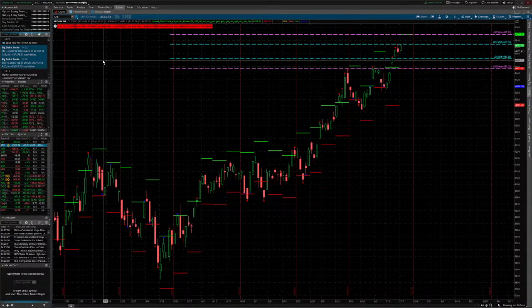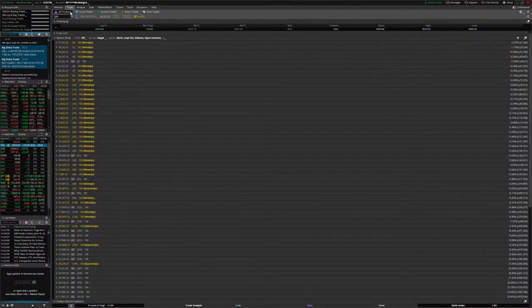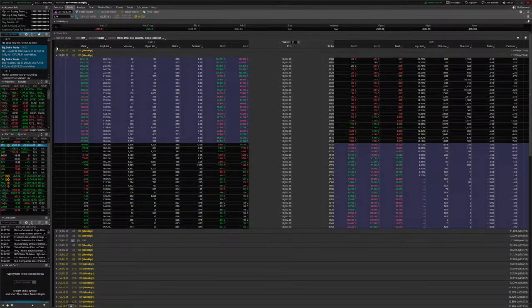Now for the daily expected move, I just get that from the options chain. So this is for tomorrow right here. At the close today, I will take the closing price and whatever this number is right here, and this will change a little bit. At the close, I'll take that number and add it and subtract it to the current closing price to get the lower and upper daily expected move.